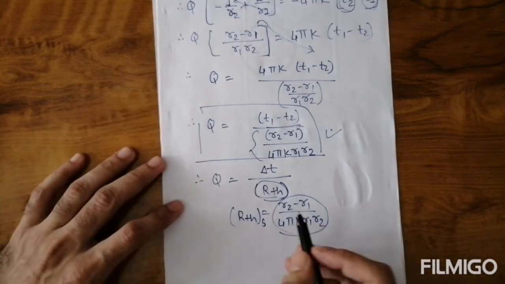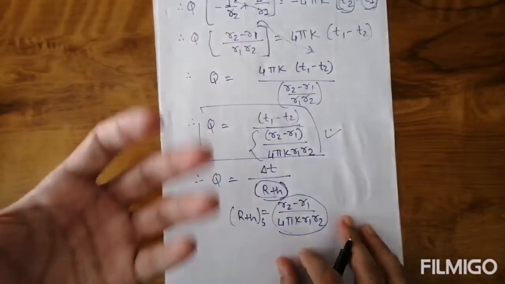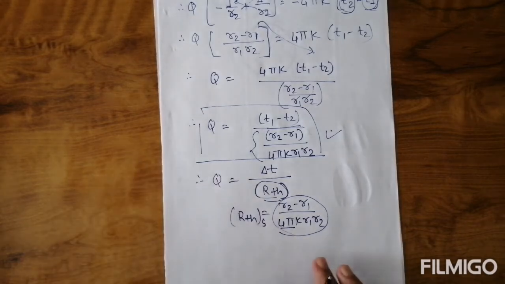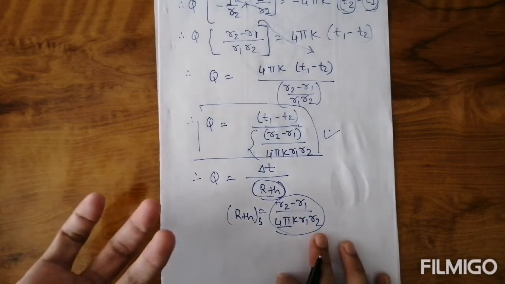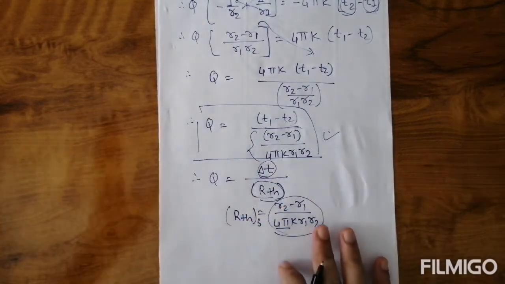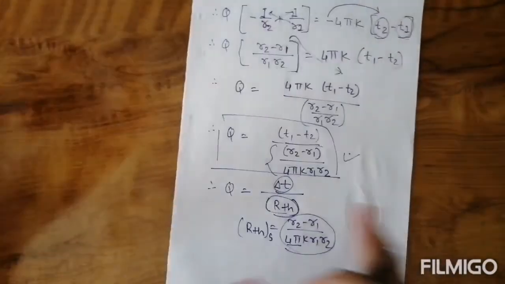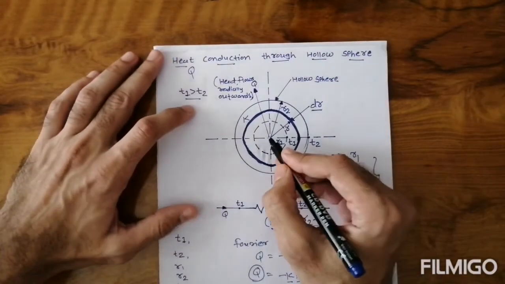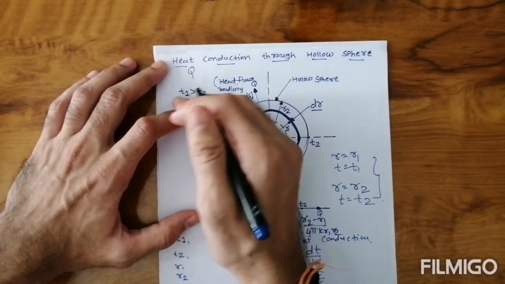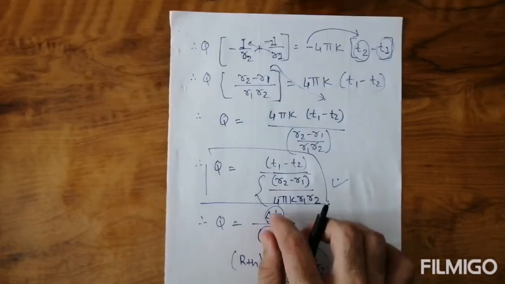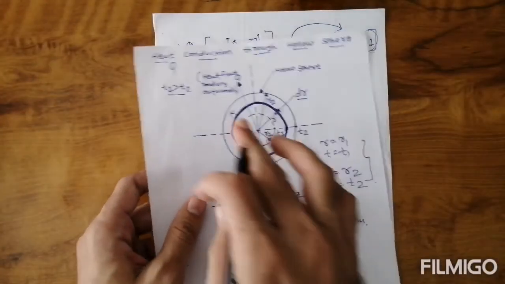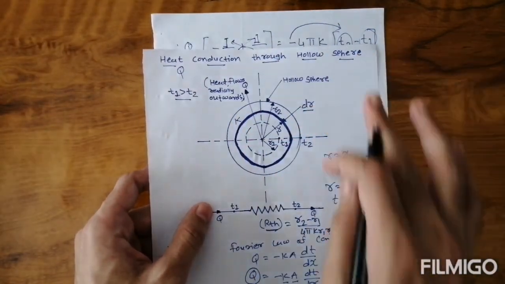And already I told you what is R1 R2. So R1 is the radius of the inside surface, R2 is the radius of the outside surface, 4 pi is a constant term, K means the thermal conductivity of that hollow sphere, and delta T means your temperature difference, inside minus outside. Why should we consider inside minus outside? Because our rate of heat transfer takes place by heat flow radially outward, inside to outside, and T1 is greater than T2. So we should consider here T1 minus T2. Okay, up to that is your rate of heat transfer, heat conduction through a hollow sphere. Thank you.